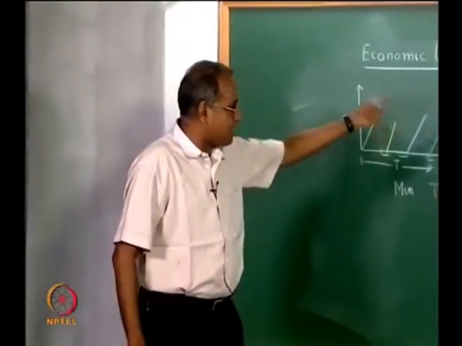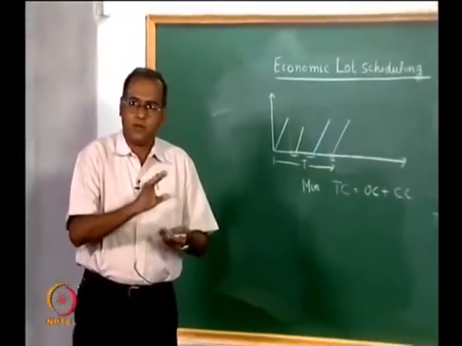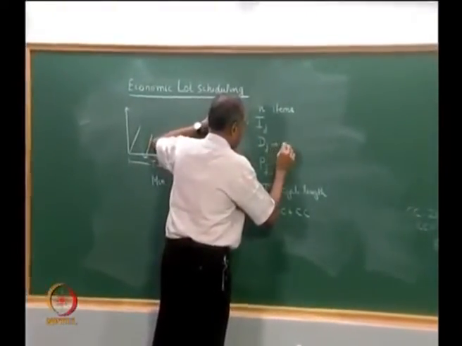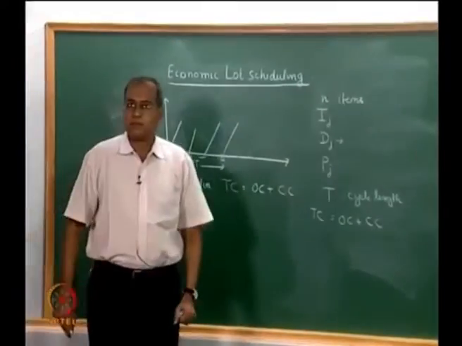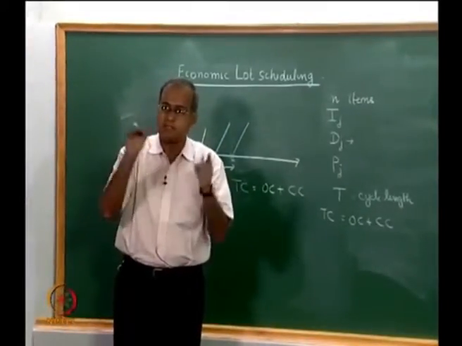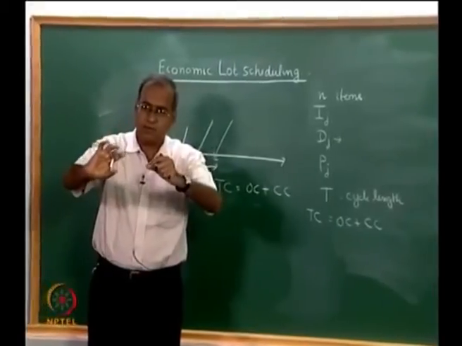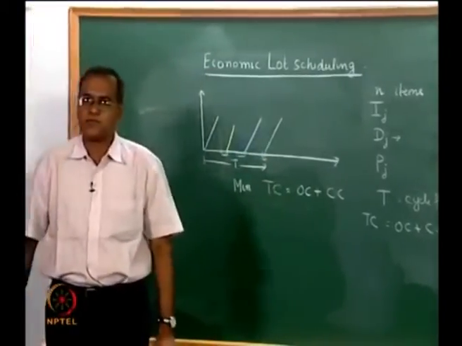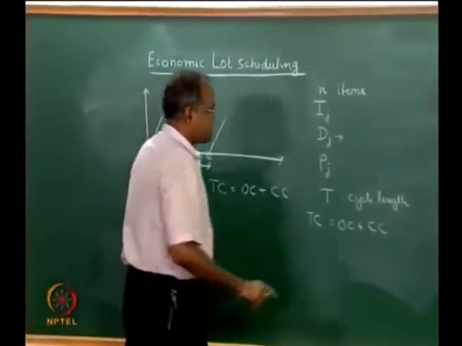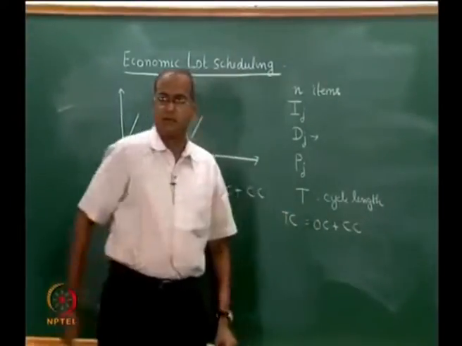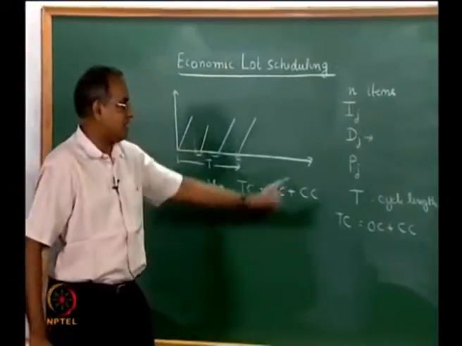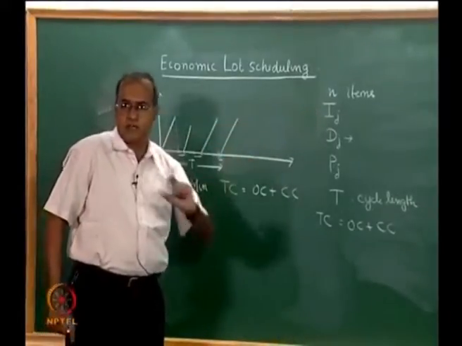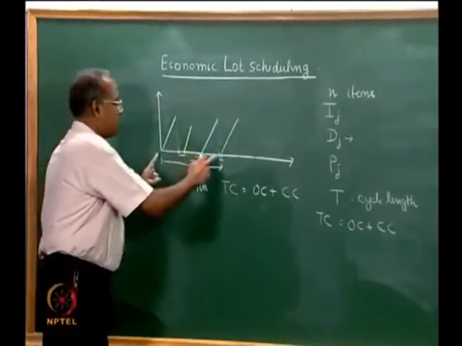Now, this problem in some sense will become the economic lot scheduling problem if the Dj are the same for every period for each item. If you take annual demand for item A, it is one number, which means you are not using the case of time varying demand, demand is the same at all periods. And if we consider the order cost as well as the carrying cost here, the only difference between this and the economic lot scheduling problem is the presence of Ij, which essentially means that we are ensuring that there is no shortage right up to here.